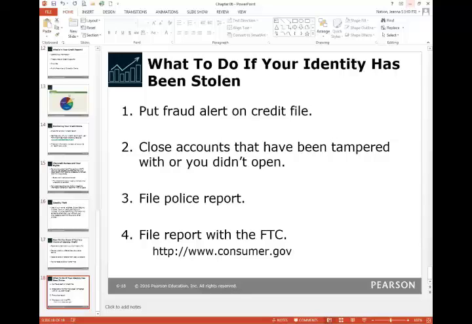If you find that you have been a victim of identity theft, first you want to put a fraud alert on your credit file, which is going to freeze all credit that would be extended to you under your social security number. So anybody that wants to open new accounts wouldn't be able to do so. You'll want to make sure that you close any accounts that have been tampered with or you didn't open. Ultimately, file a police report. They won't be able to pursue the person or persons who have committed the fraud unless you file a police report. Sometimes they won't be able to find them, but if they do, you need to have that police report on file. And then ultimately file a report with the FTC. Sometimes they can kind of lump these cases together and go against them federally if it's across state lines and that kind of thing.